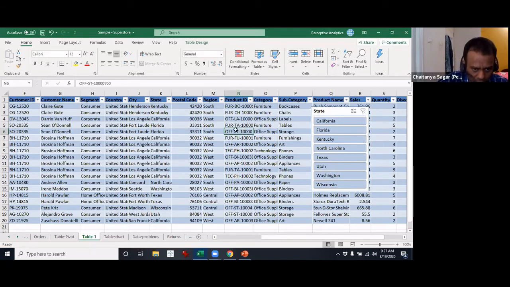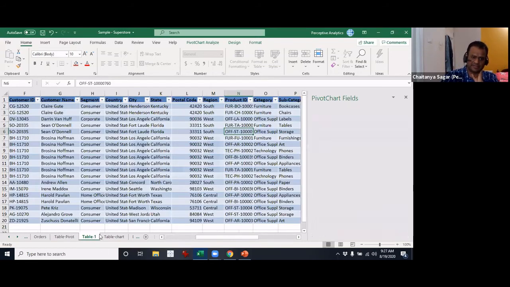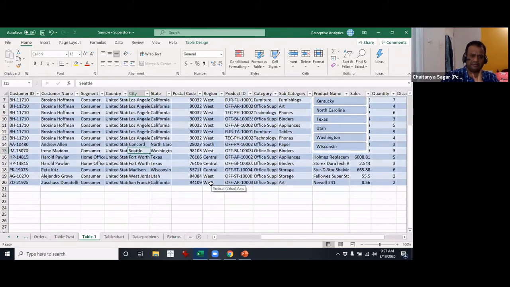So now let me go over to pivot table. When you have data like this, one of the things that people need is this. I'll actually make an example here.